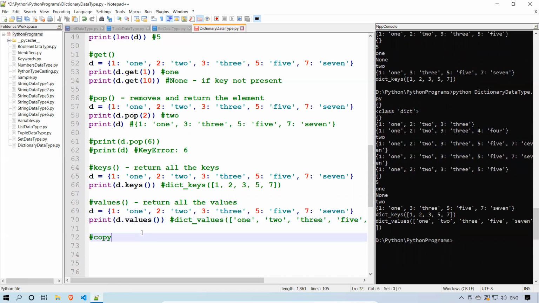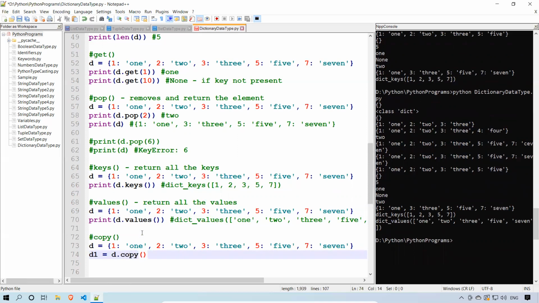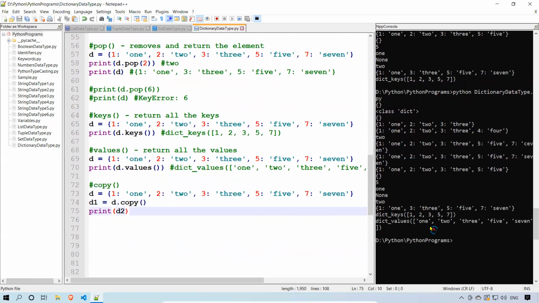And one more method is copy. So I'll take the same dictionary again, and d1 is equals to d dot copy. So I'm copying from d to d1, and if I print d1 now, I should get the same output that d has.